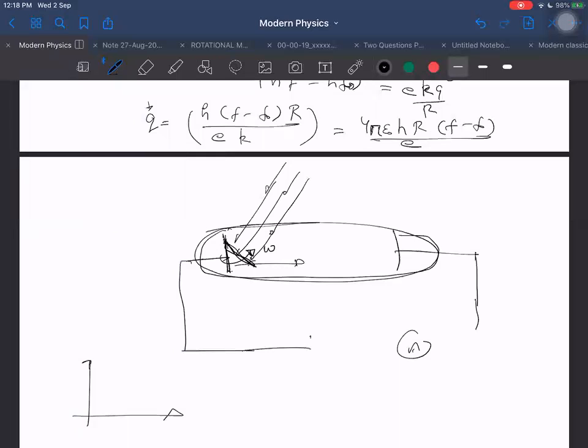But just after we started turning it, what happens to the saturation current versus time graph? Will it be like this, or will it be like this? I can ask such a question now. Already it was saturation current. Normally we say that saturation current does not change. But will it change now?